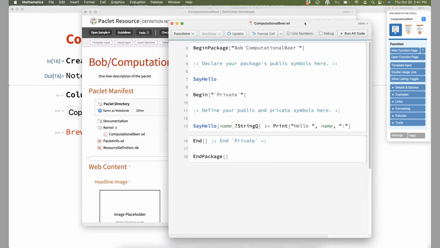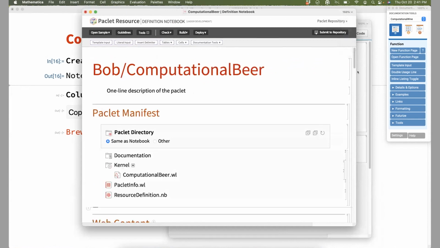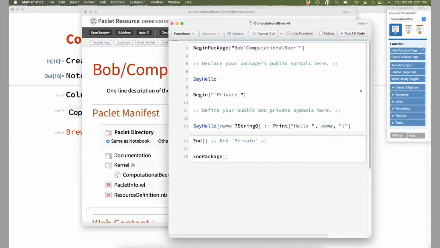Now, we're not guaranteeing this is 100%. If you're building symbol names with ToExpression stuff, there's no way it's going to find that and put context in there. So there might be a few places where you still have to change things. Here, let me magnify this as well. But yeah, so now I'm going to take this Paclet and fill out the definition notebook